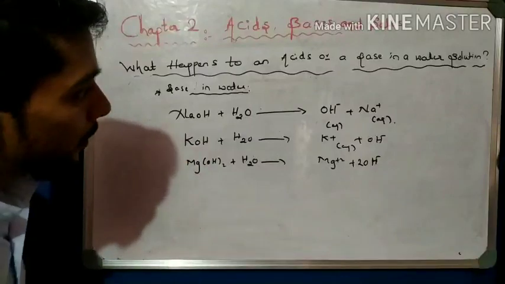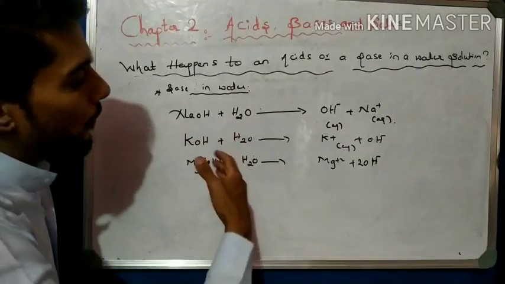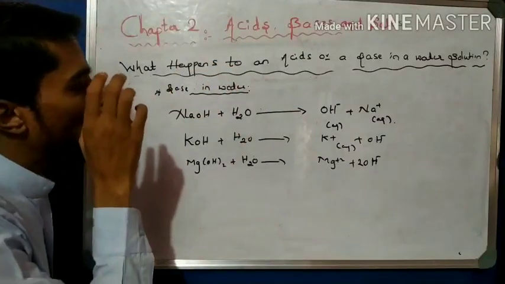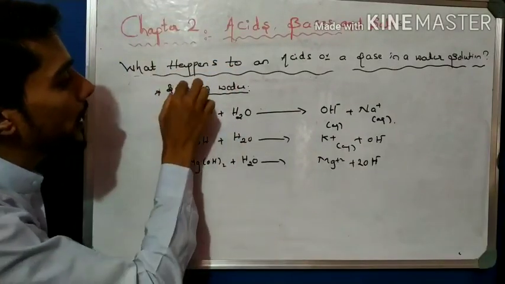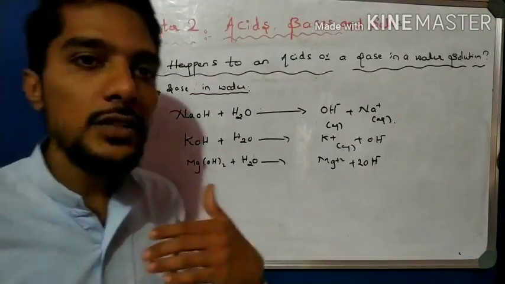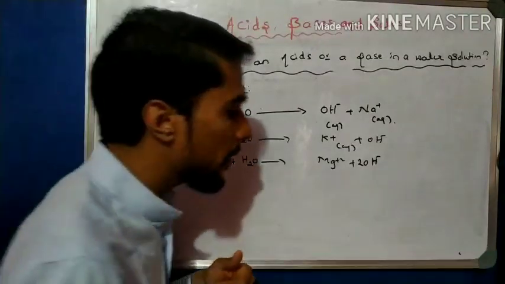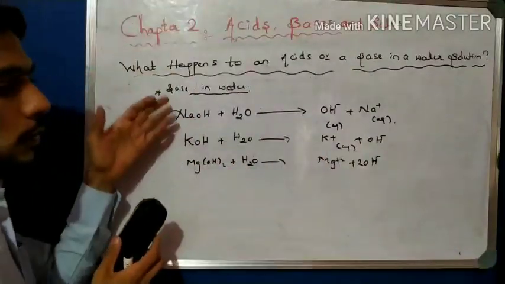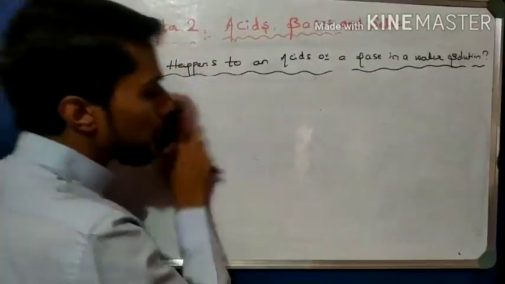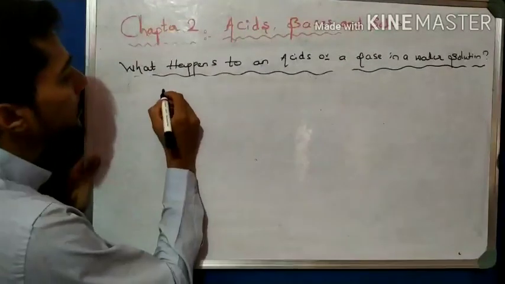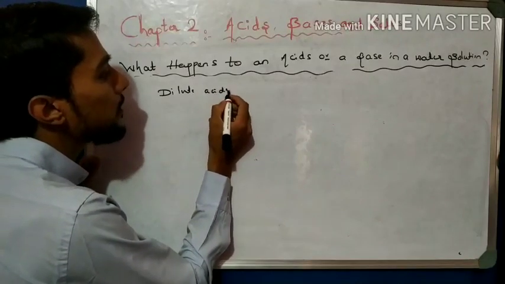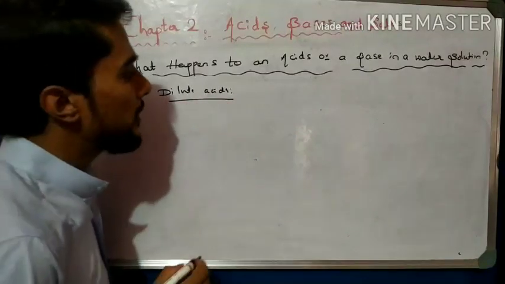So very important. Now, when I add water into the H2SO4, and when I add base into the water and acid into the water, we observe that there is a decrease of the ions. Now I can come to the next one, that is dilute acids. So what is dilute acid?